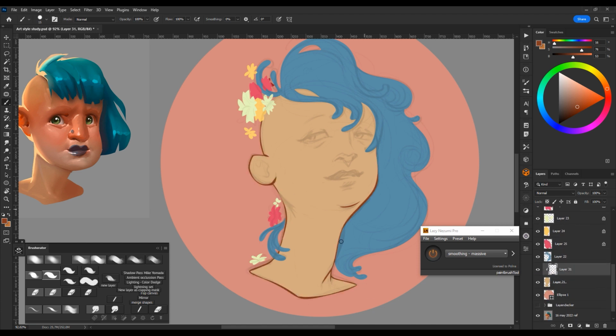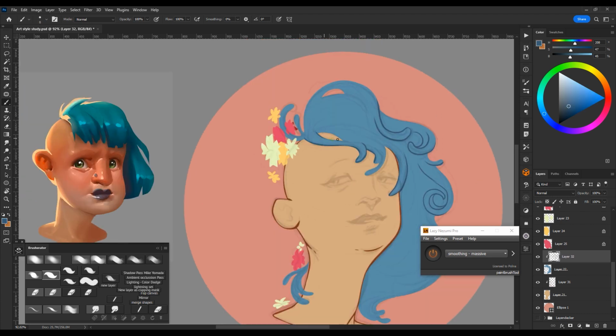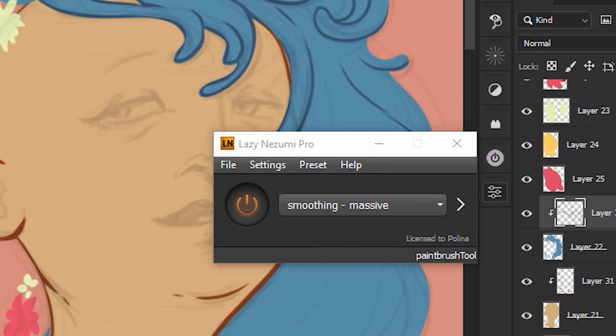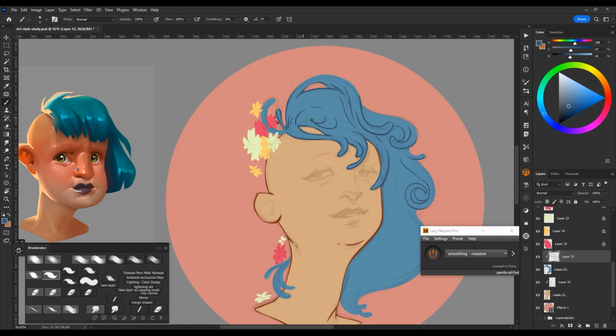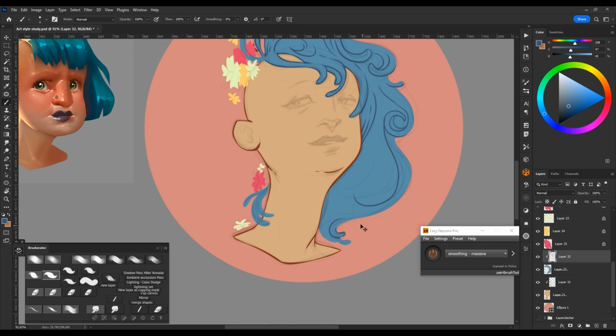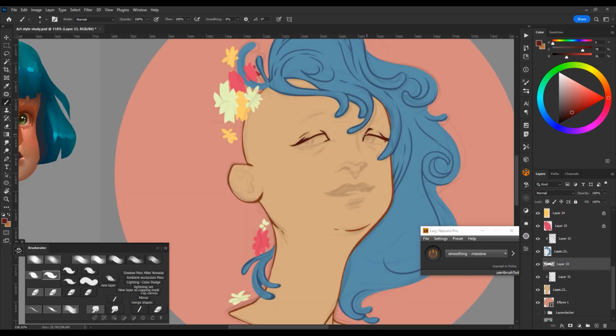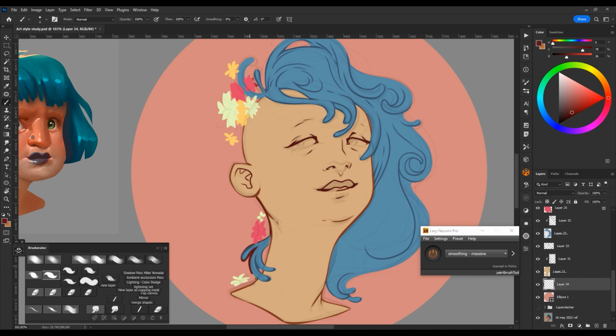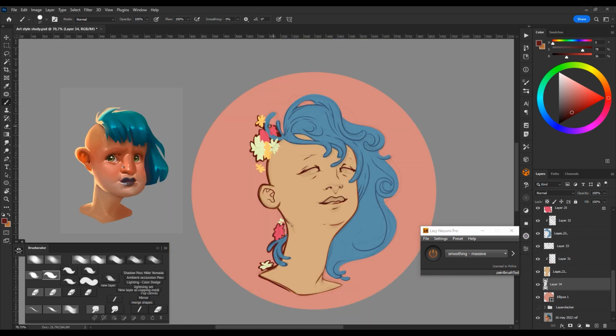Before I started shading, I made some rough line work, going lighter inside of the subject and much heavier on the outside. If you wonder what the tool is that I'm using for the smooth lines, it's a plugin called Nezumi. I will put a link down below. Unfortunately, it's available only for Windows. But as far as I know, Photoshop has had a built-in lazy mouse feature for quite some time now. This is not sponsored, I just really love the plugin and I've used it for 9 years at this point.